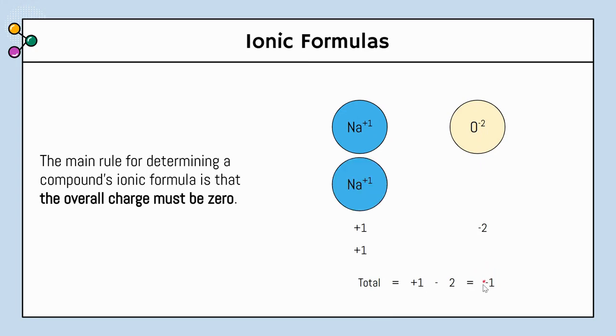Well, if we add another sodium atom into our compound, we now have 2 +1s and 1 -2, that gets us to an overall charge of 0. So the final formula will be Na2O, for the two sodiums and O, and we don't need to write a 1 here. If there's no number, we assume 1, showing there's two sodiums, each worth +1, and one oxygen worth